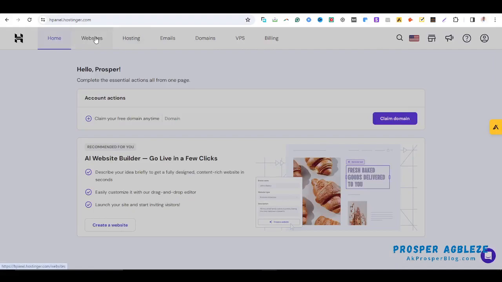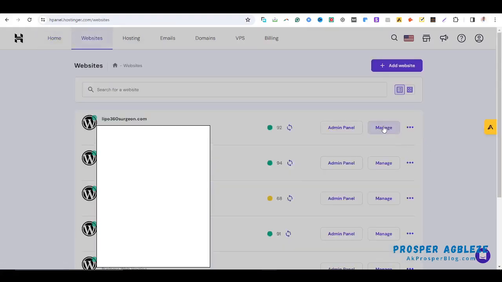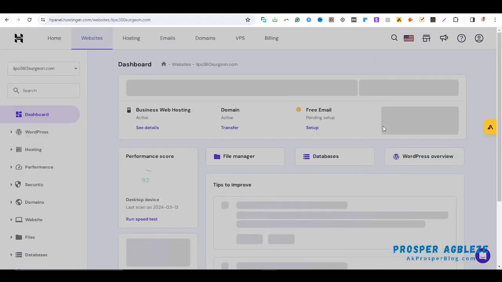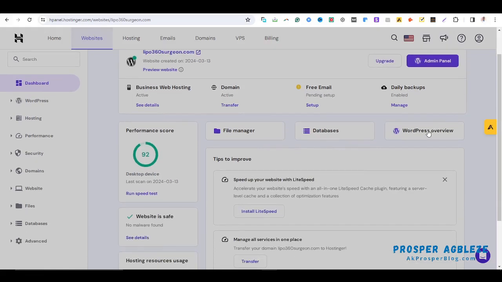So let me come back here. Hold on a bit. Let's come back to websites. Let me click on manage. All right, if you also come here and click WordPress overview, like this database and this file manager, you can see the database and then files. What we have here is more like a shortcut for some of the menus that we have here. So if I should click on WordPress overview,